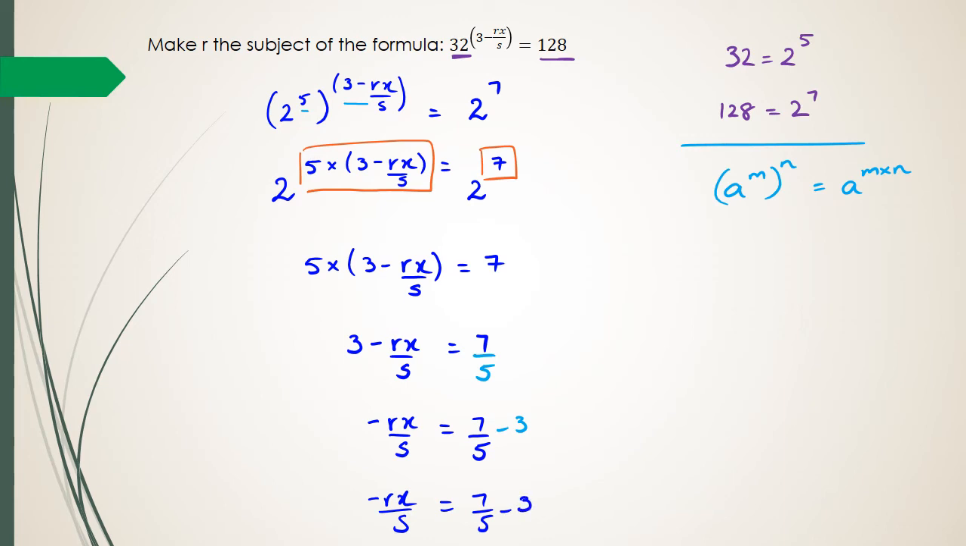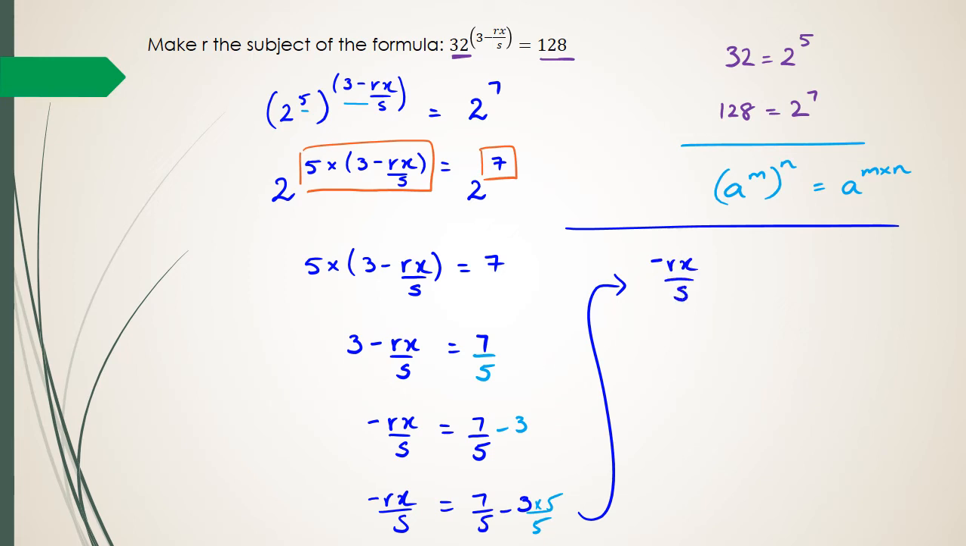So I'm going to multiply the numerator by 5 and the denominator by 5, and what ends up happening is I've got minus Rx divided by S is equal to 7 minus 15 over 5, and I've got minus Rx over S is equal to negative 8 over 5. Now it's just a matter of cross multiplication, so I've got negative Rx is equal to negative 8 over 5 multiplied by S,